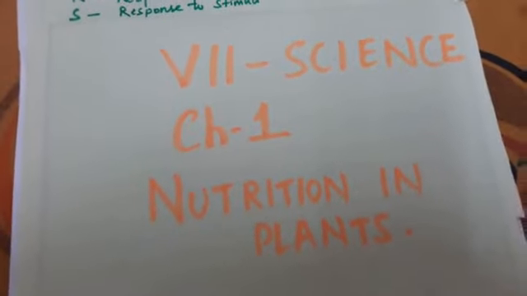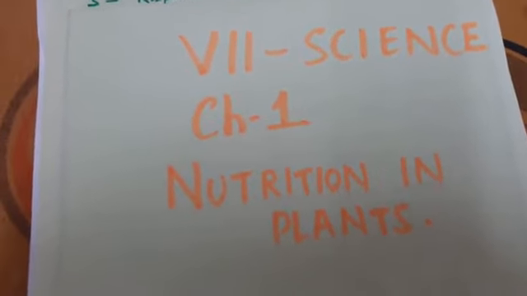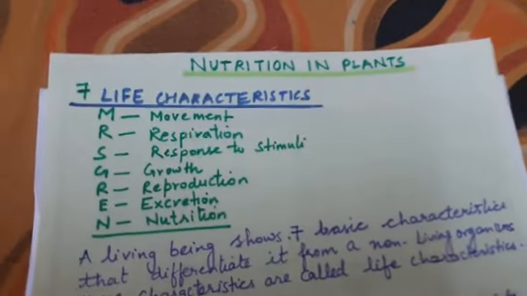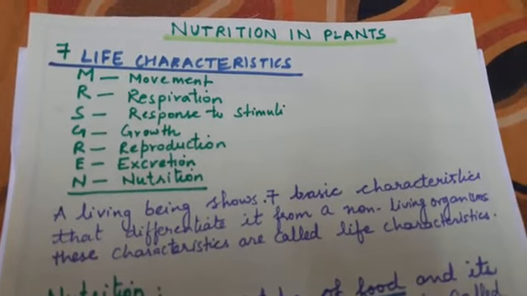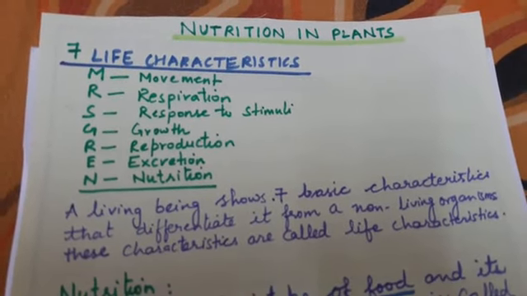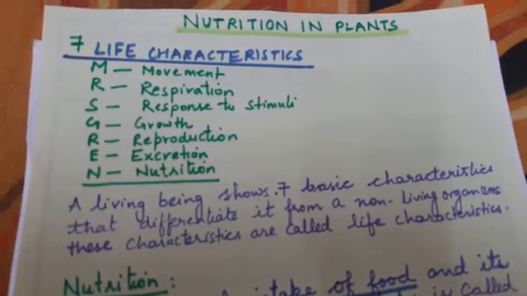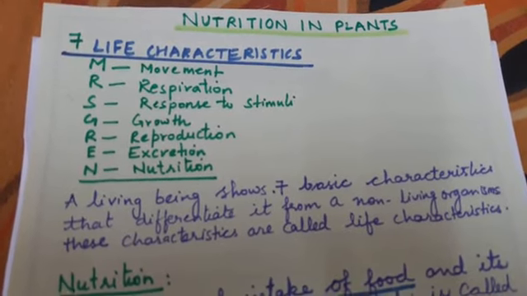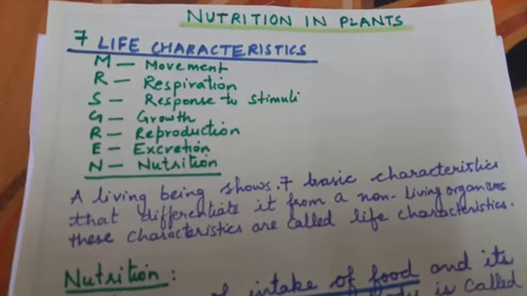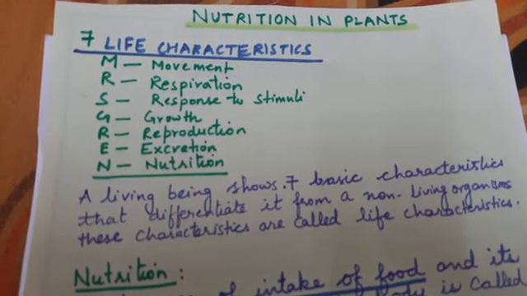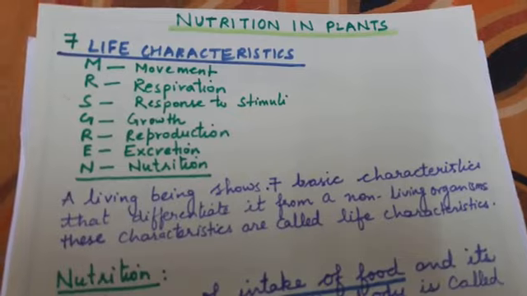Hello friends, today we will start our first chapter of science, that is nutrition in plants. In 6th class, you have learnt about the 7 basic characteristics that living organisms show. You have learned this through a mnemonic, that is Mrs. Gren. And in this chapter, you will study one of the most important characteristics, that